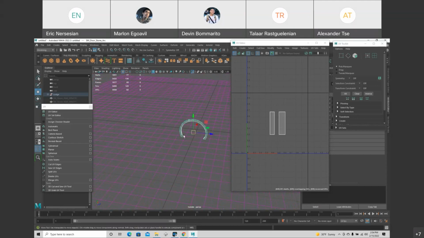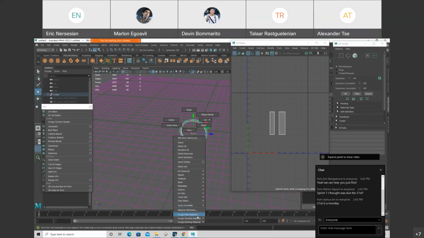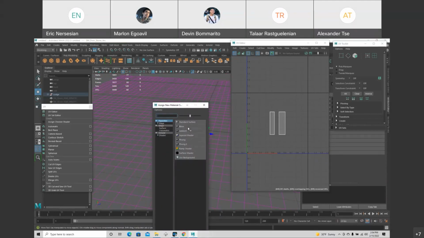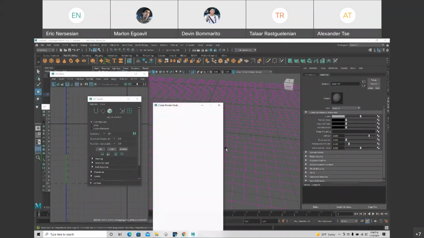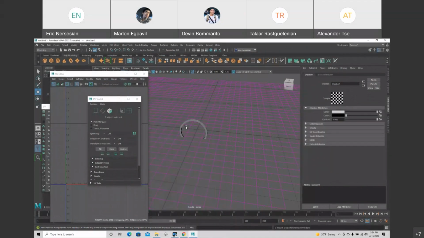Now, a common technique is to apply just a basic, I'll put a Lambert, just no shininess material. And in the color channel, I'm going to plug in checker pattern. Now you don't see anything, but if I turn on textured mode, we start to see the texture. Now you know that you have a nice unwrapping when there's a nice texture pattern all over it, that there's no distortions, the squares look like squares, and the squares are nicely repeatable and tileable all over the place. Then you know, okay, it looks good.